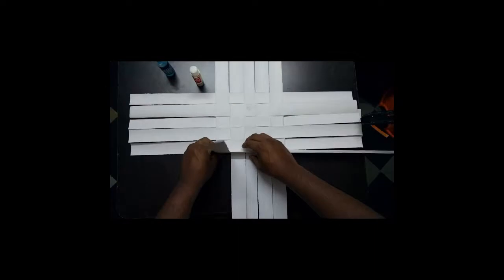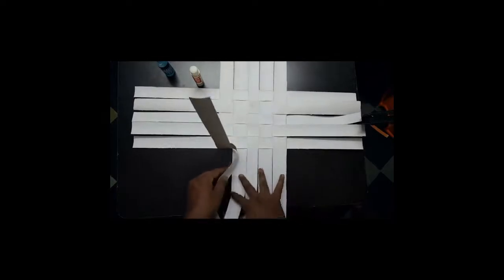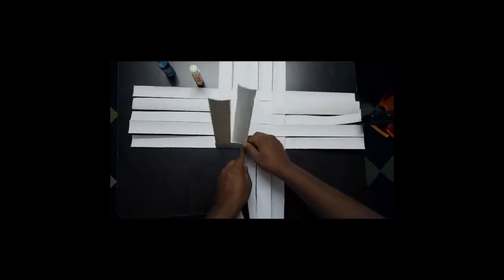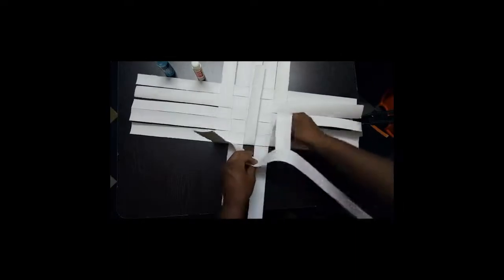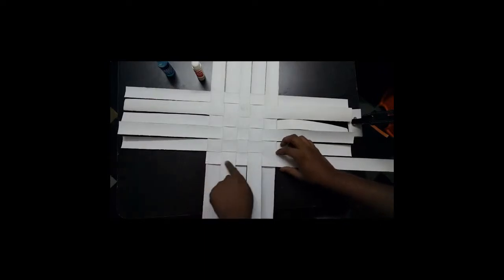Now once I've stuck one corner, the same way I will weave the paper in and out, in and out. Now this was out, this was in. Now I will add one paper here. See, can you see? This is in and out, in and out. Just like this here, you can see in and out going. Okay,